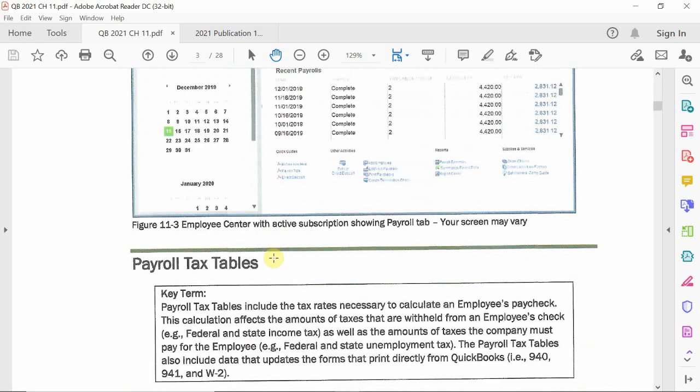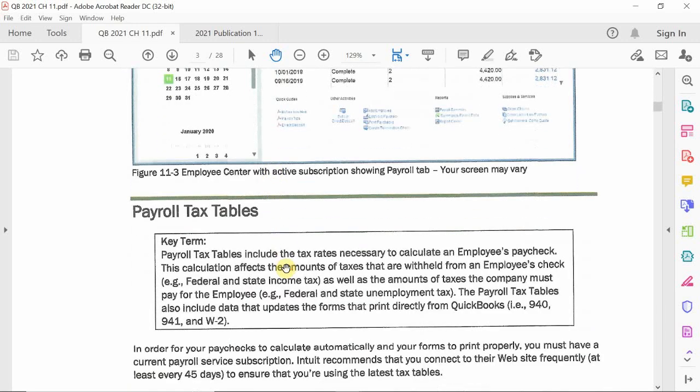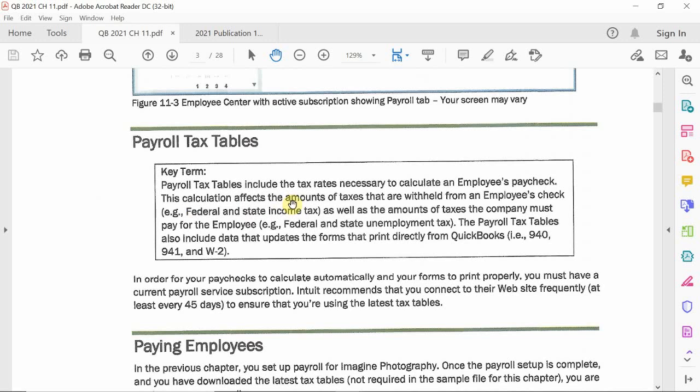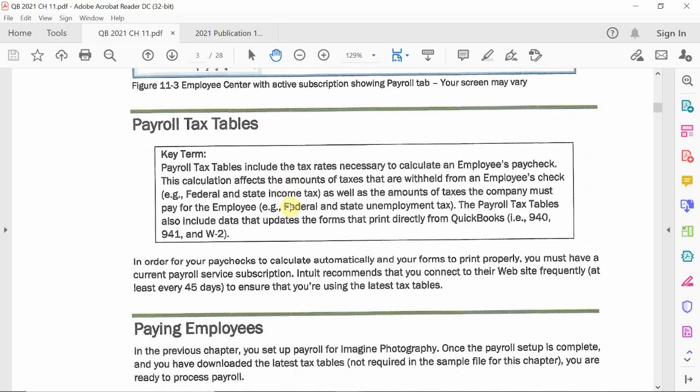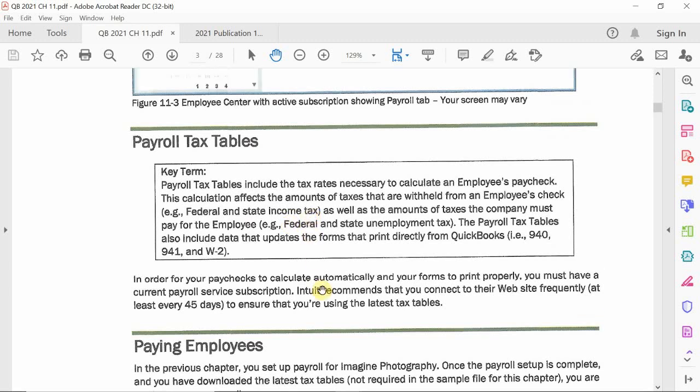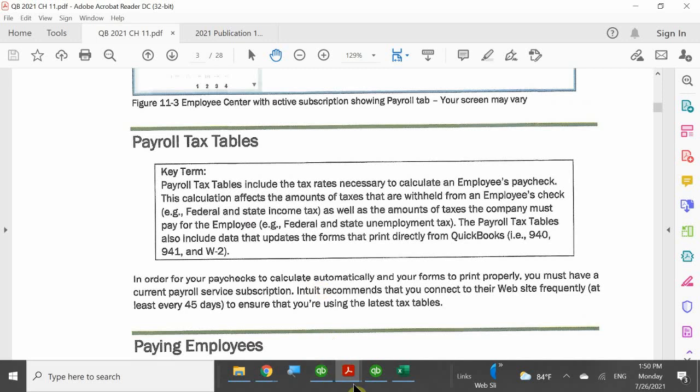Next is going to be payroll tax tables. Here it tells you that you need to check on QuickBooks.com and make sure that your tables are up to date, especially because it depends on what year you are filing, the year that you are subject to pay your taxes for. So, for example,